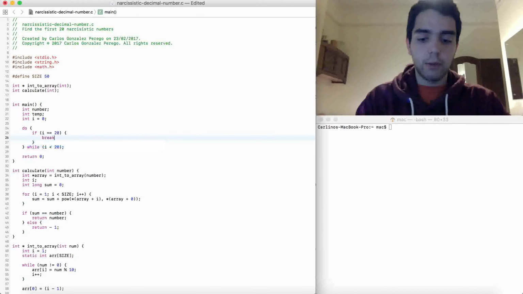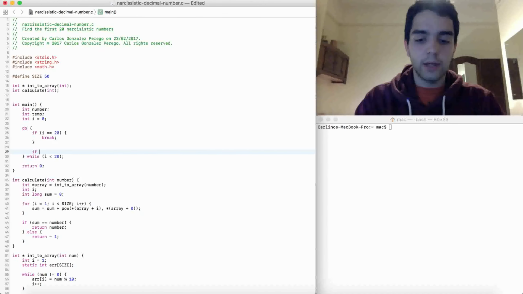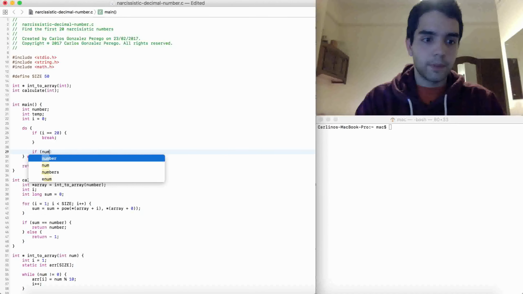Let's just break the loop, okay? That's just like a double security measure, so we don't have to have an else or anything like that, okay? So if number, oh no, also